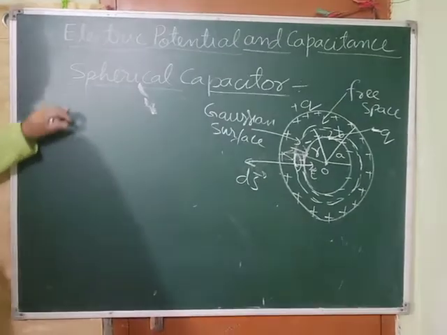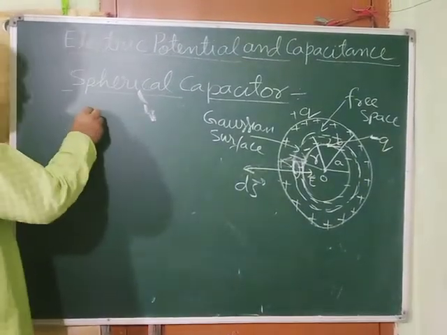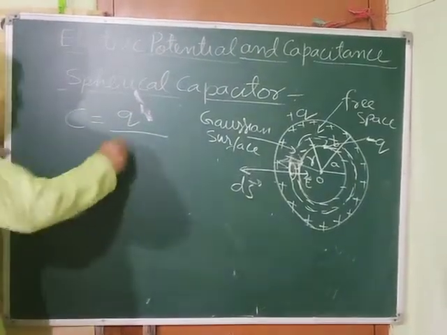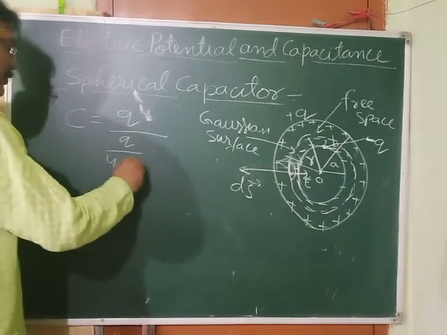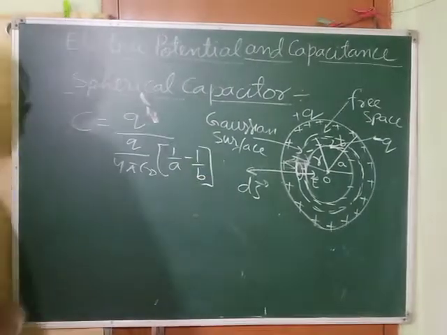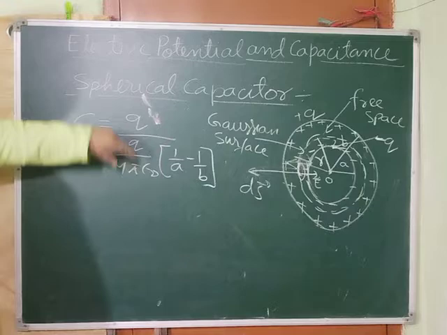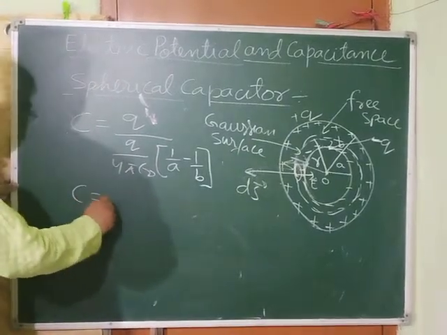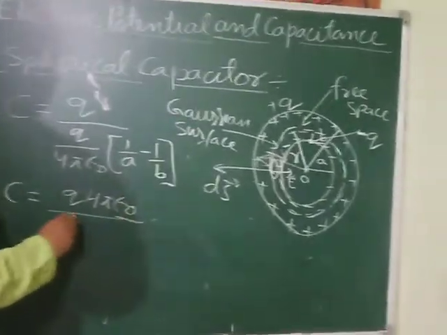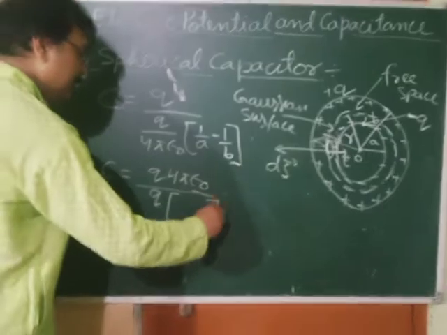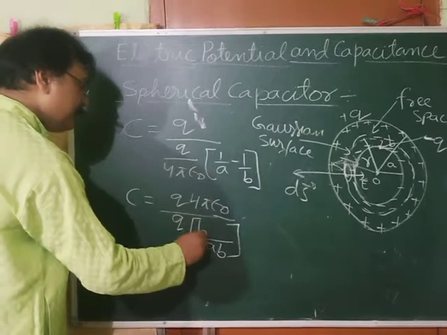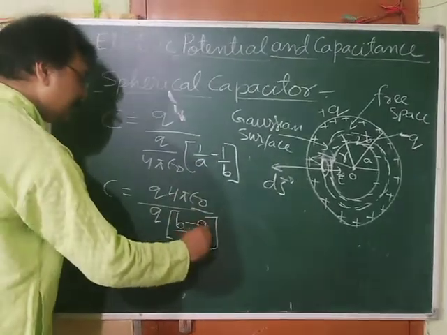Now from equations 3 and 4, what will we get? See, equation 4 was what? C is equals to Q by V. What was the expression for V? It was Q by 4 pi epsilon naught into 1 by A minus 1 by B. Now this 1 by 4 pi epsilon naught will go up. But before that we should do one thing. Q by, here 4 pi epsilon naught has come. Here Q is there. And here you can take the LCM of this. You will get here AB. Here what will you get? B multiplied with 1, so B, A multiplied with minus 1, so minus A. Okay, this you will get.